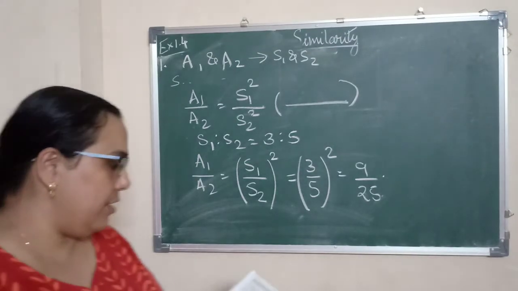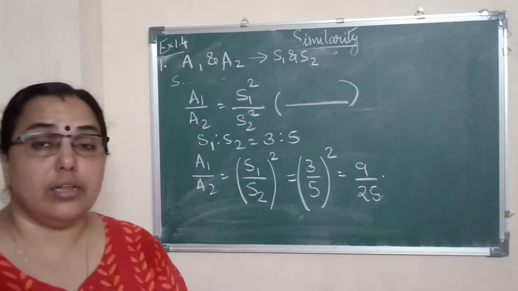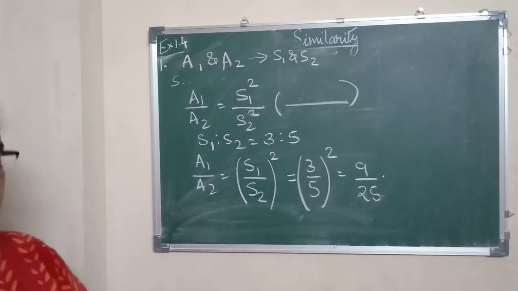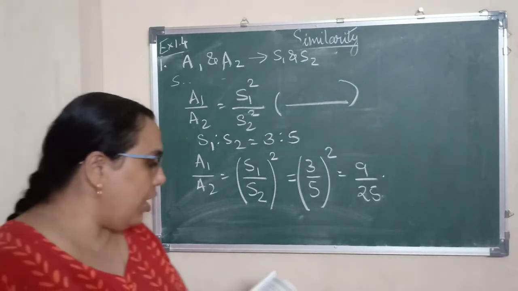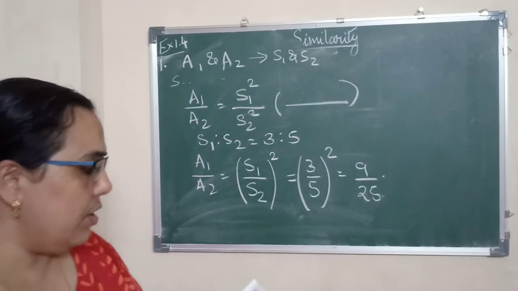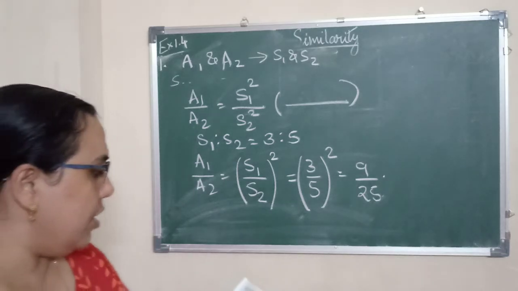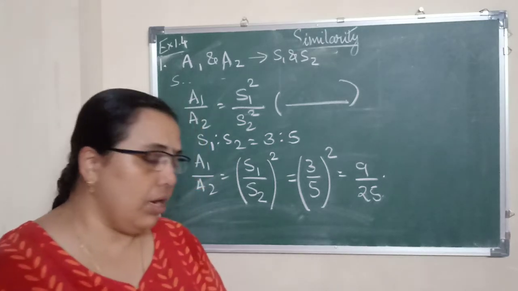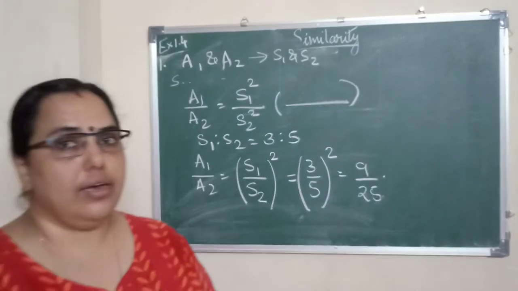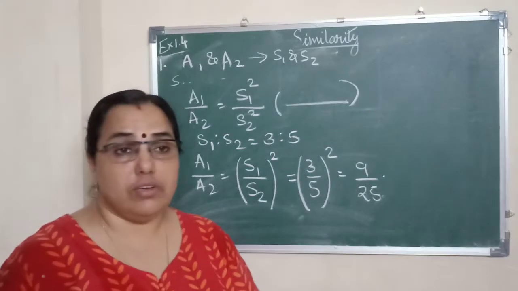Fill in the blanks. ABC is similar to PQR. Here the names of the triangles are given. So stick to the sides accordingly. If these two triangles are similar, the ratio AB is to PQ is given as 2:3. So what is area of ABC upon area of PQR? It is nothing but AB squared upon, yes, what it would be? Correct, PQ squared. Already it is given square square.